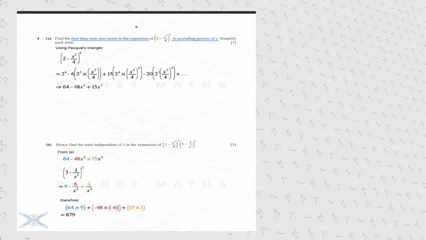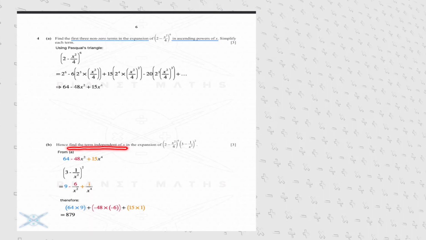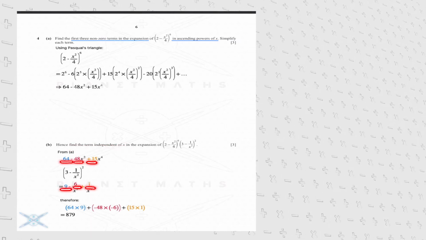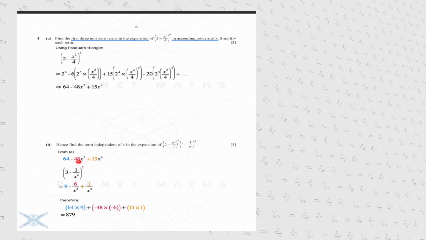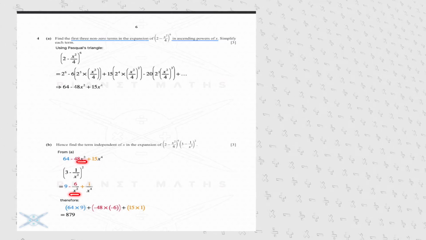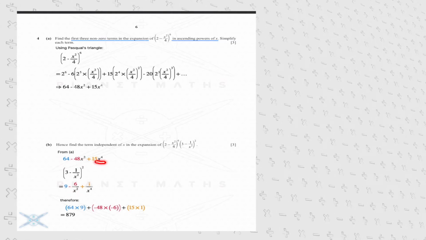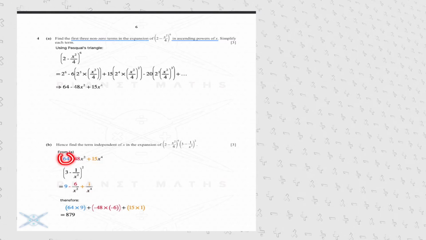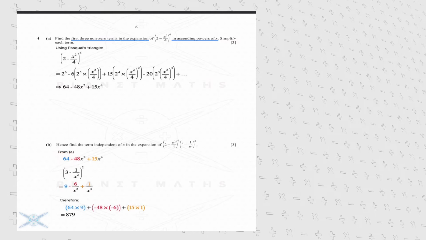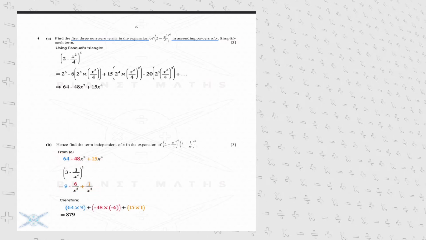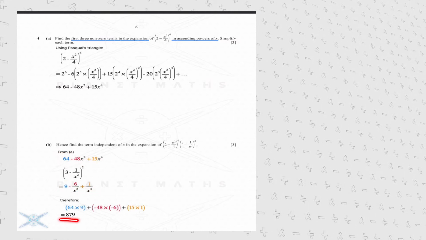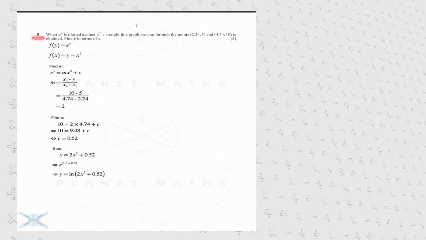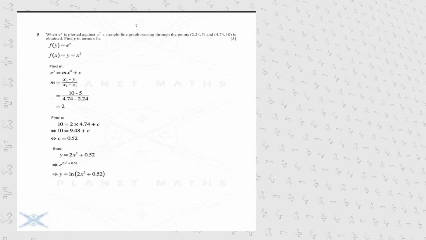Since we are supposed to find the term independent of x, we can simply focus on the number values, which happens automatically since x squared divided by x squared equals 1, and the same accounts for x to the power of 4 divided by x to the power of 4. Therefore we simply multiply the color-coded numbers accordingly and conclude that the term that we are looking for is represented by the number 879. Moving on to exercise 5, it is stated when e to the power of y is